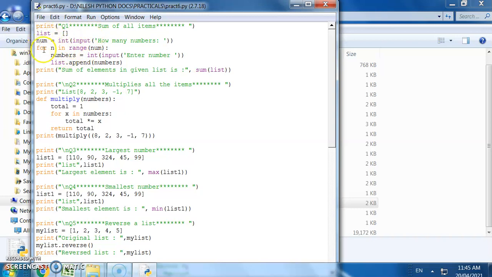For accepting n number of elements in the list, we'll apply a loop here, and at that time we are collecting different inputs, in numbers. And those numbers are going to be appended in that particular list.